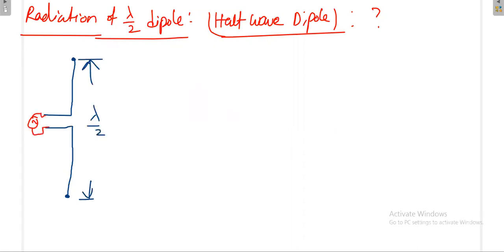Okay, and again, what is the polarization and everything? This is also linear polarization, because I've just extended the length. That's it. I've extended the length as compared to the previous one. So linear polarization,